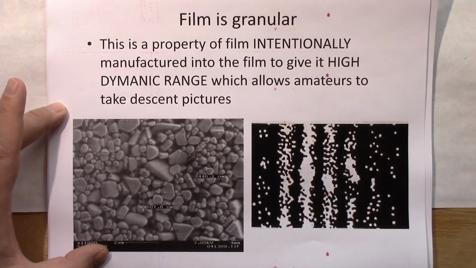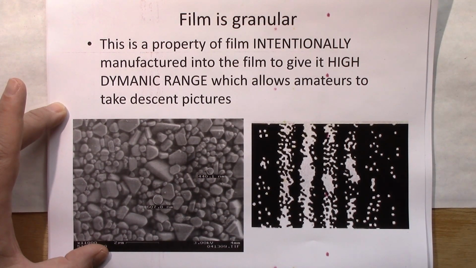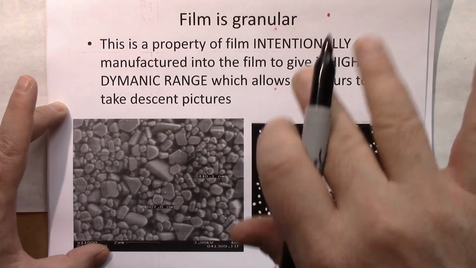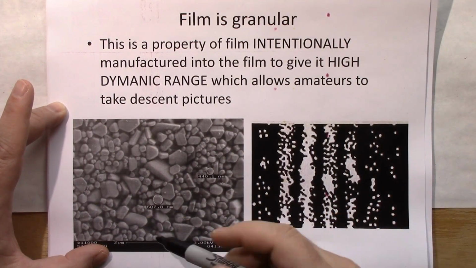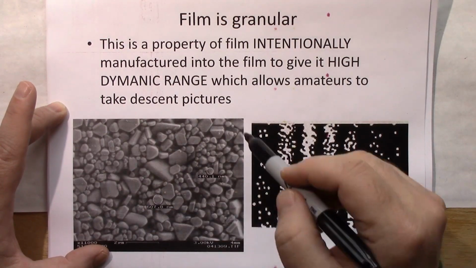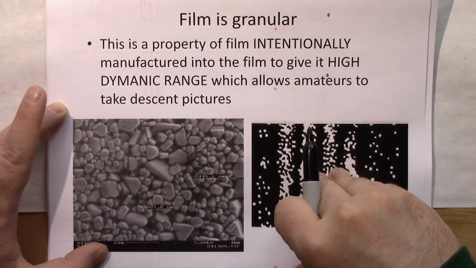If you ever take a movie that was filmed in the 1940s and 50s, get it on a high definition medium like a 4K DVD, and put it on a high definition television set, go look up close and look off into the corners where it's dark, and you're going to see all kinds of things that look like ants running around. That's the grain of the film, and it's grainier at low levels because of this intentional structure of the film that was designed to give film a great dynamic range.